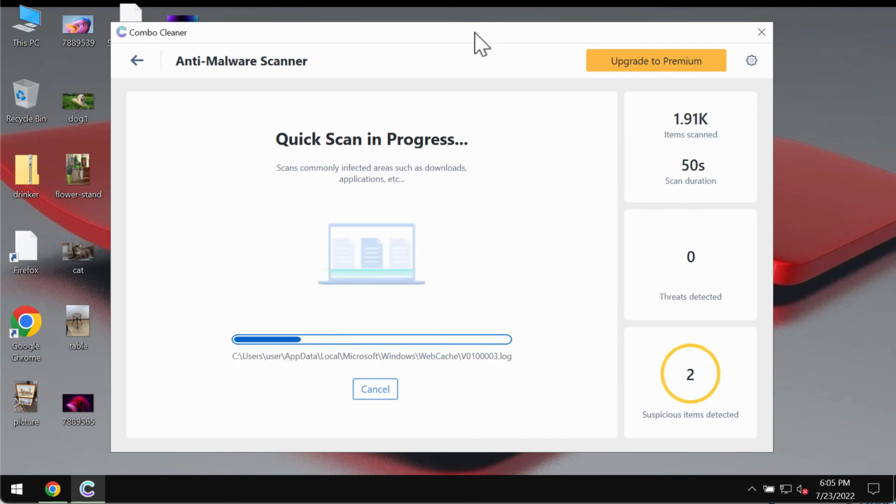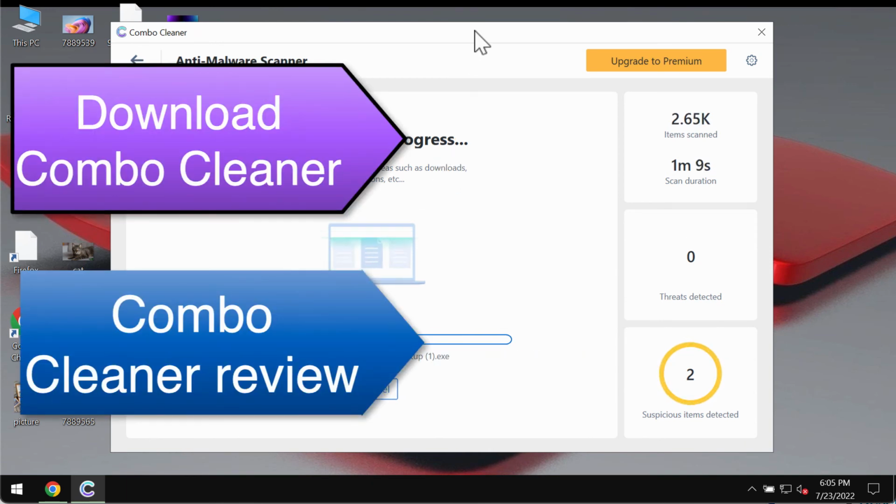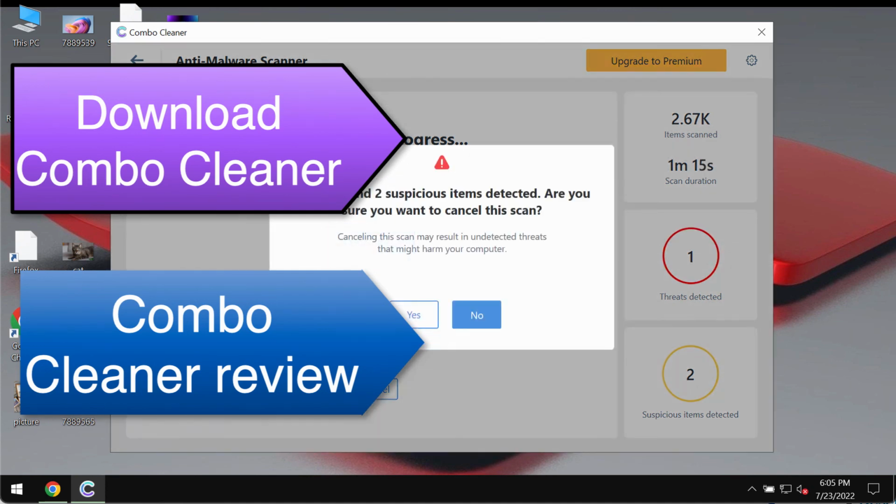You should wait some time until the scanning by Combo Cleaner Antivirus is successfully accomplished. Then at the end of the scanning, Combo Cleaner will give you the whole information about the threats, about their exact locations on the system. And based on that locations information, of course, you will be able to remove some threats manually,